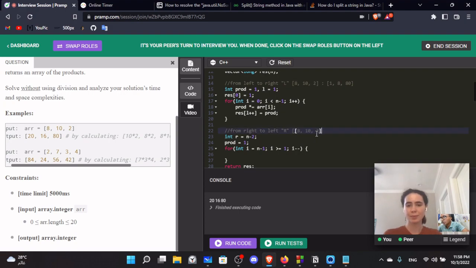This is the input array and this is our result for now, and we are going to update it. Now I'm at this element, I will change this element. So here I will have product, and result of